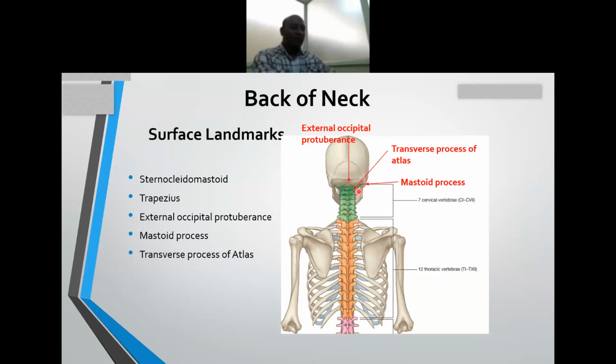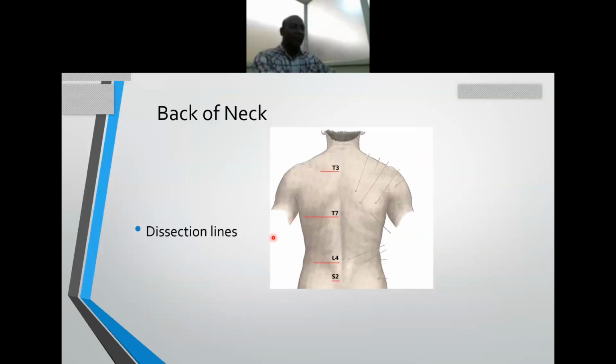Then the transverse process of the atlas and the axis, or the spinous process of the upper cervical vertebrae, cannot be felt easily. Okay. Then the C7 vertebra is called the vertebra prominens because it has the most prominent spinous process which sticks straight backwards.